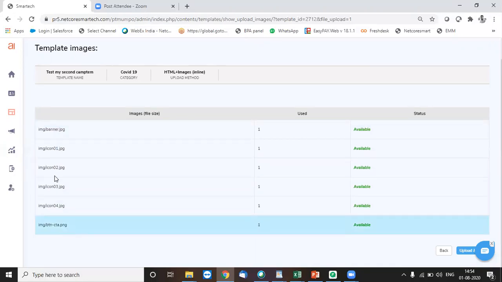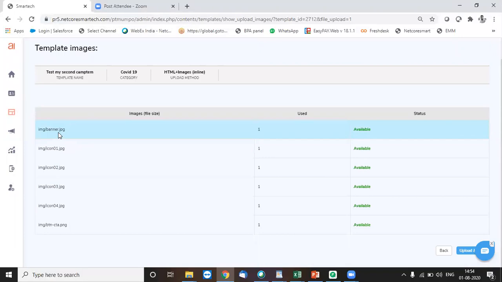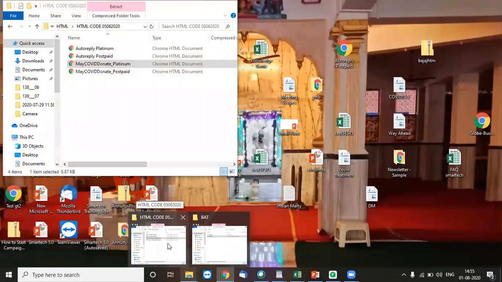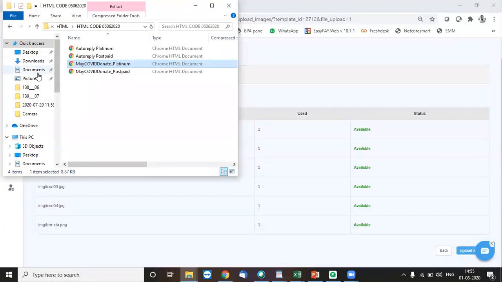And this basically is stored in the root folder, right? So img/banner, which means there is a folder img, which we saw in the template. Let me just show you the template again.